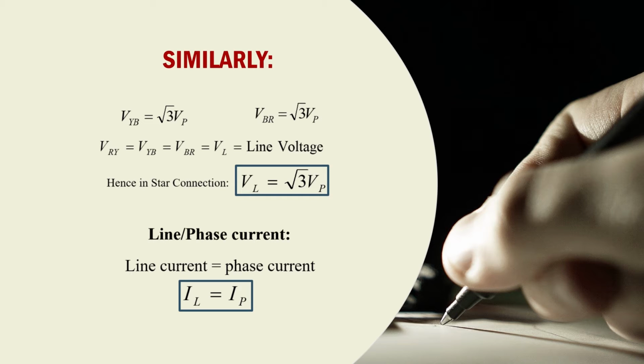So what have we concluded? We have concluded that in a star connection, the line voltage is equal to root 3 times the phase voltage. It is to be noted that the same current flows through the phase winding as well as the line conductor, since the line conductor is just connected in series with the phase winding. So here again we can find the relation between the line current and phase current in star connection. As you have observed, in the case of star connection, line current is equal to phase current. So you can write I suffix L is equal to I suffix P. That means line current is equal to phase current.